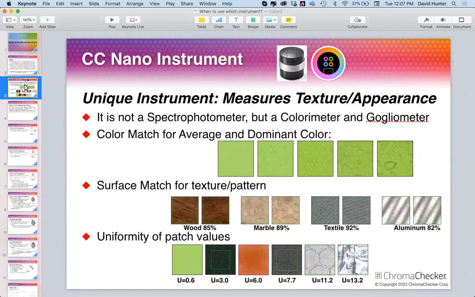Now, before I get too far into what I'll call traditional spectrophotometers, I want to bring up technology that we've been working on for a couple of years based on the ChromaChecker Nano instrument. This is a little handheld instrument, and it's unique because it measures both texture and appearance. It's a colorimeter, but what we've done with this instrument is we've added the capability to, if you take a look at these green